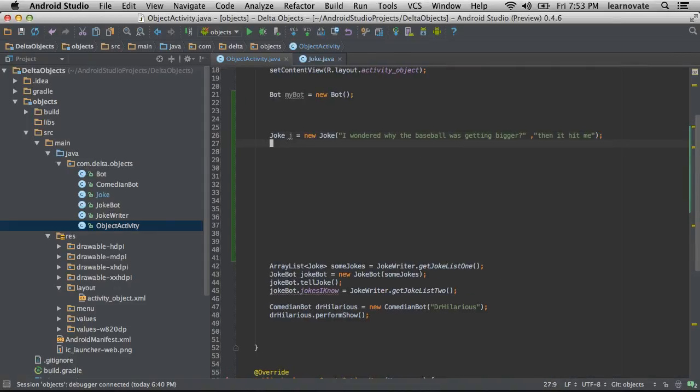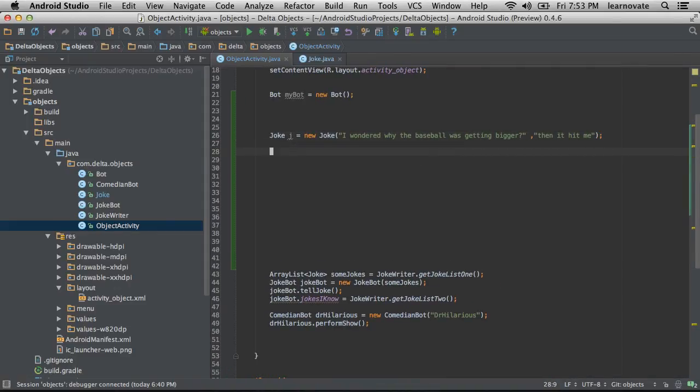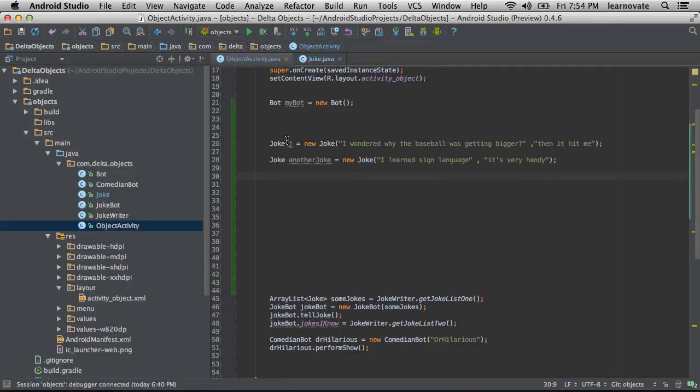So I zoom out here. That particular j is going to be equal to a new instantiated object in memory, and that j is going to have its very particular setup and its very particular punchline set to those strings. So if I now do another joke, and let's say I learned sign language as my setup and my punchline, it's very handy. Now that particular object, anotherJoke, is going to have its own setup and its own punchline